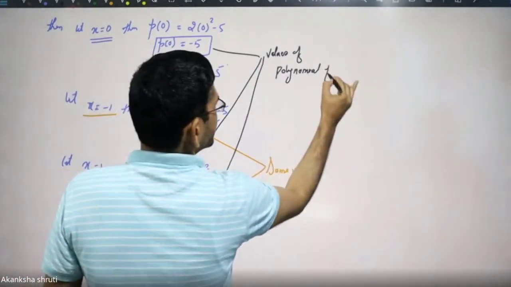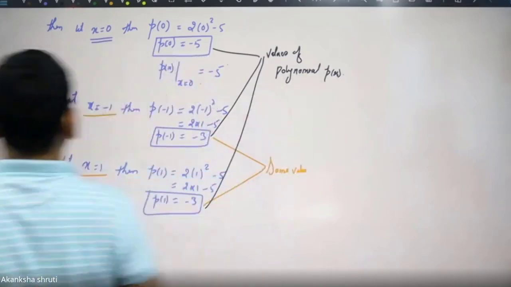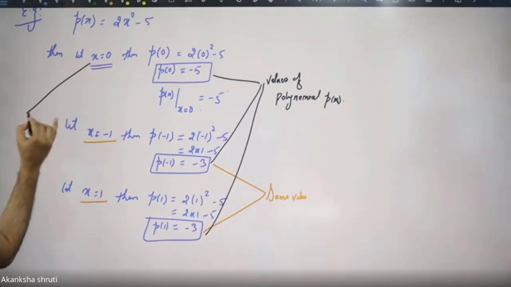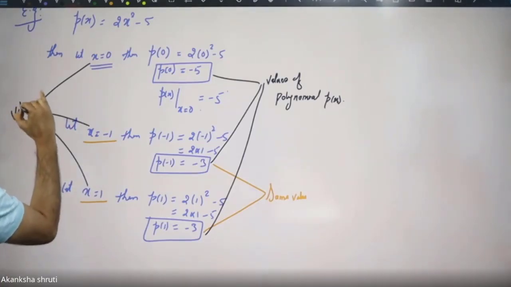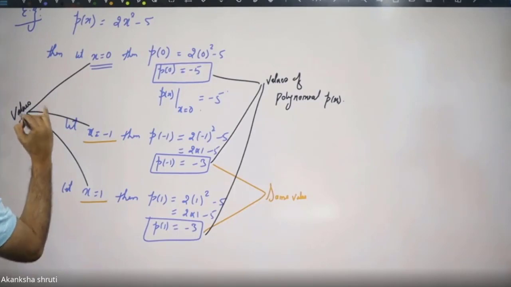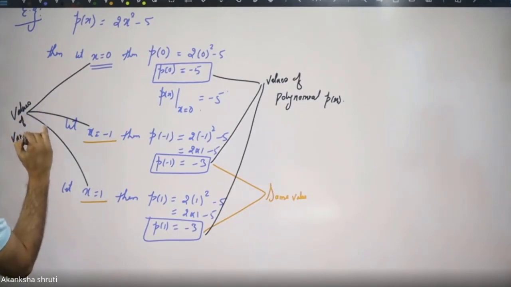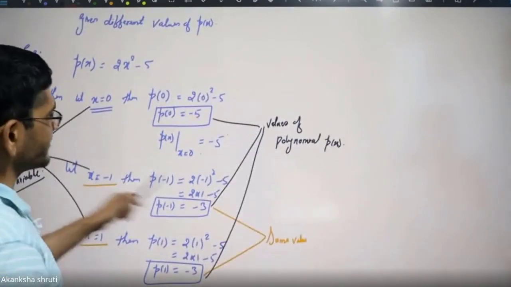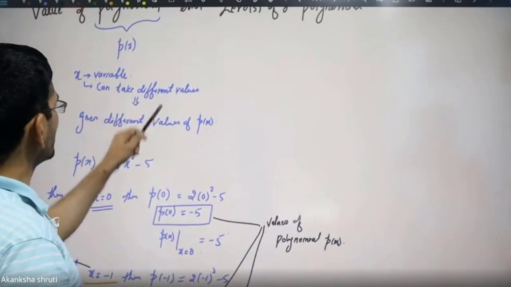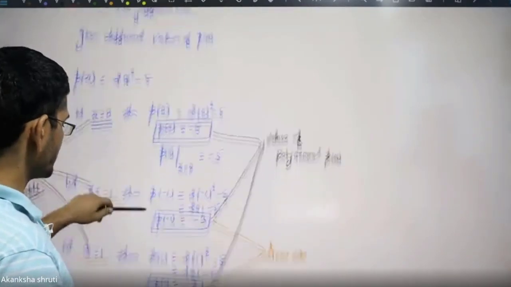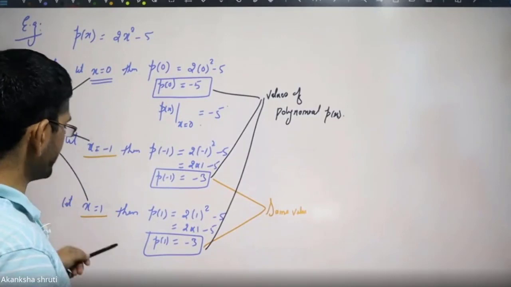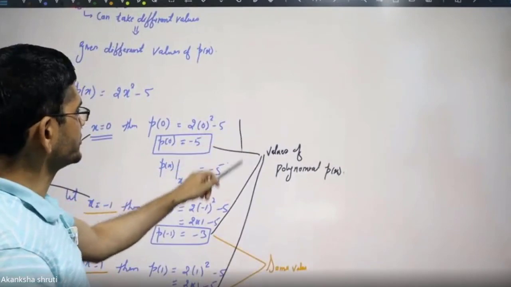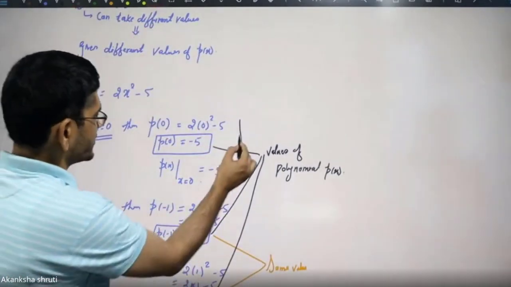Whatever the polynomial given, denoted by p(x), and these were the values of variables that we have. These are the values of variable. So keep in mind there is a difference. For different values of variable we are getting different values of polynomial. It simply means that we substitute or take the value of variable x and get the value of polynomial. It's that easy. The term values of polynomial has only this much significance.